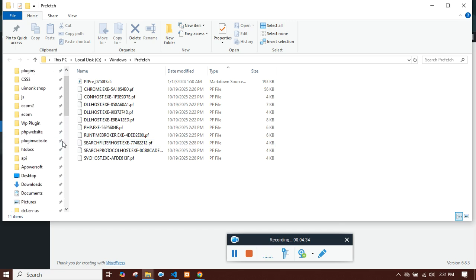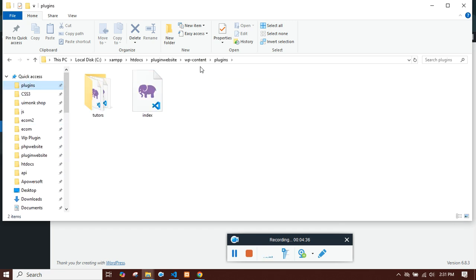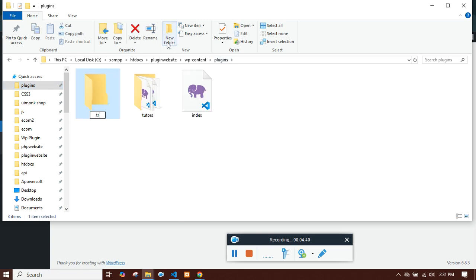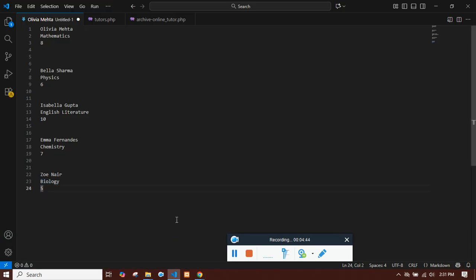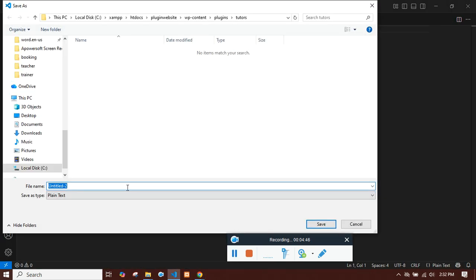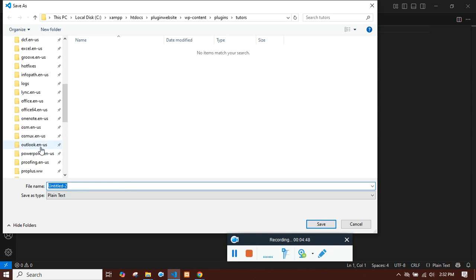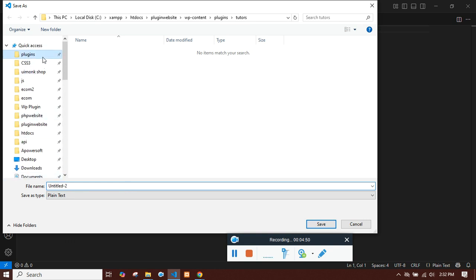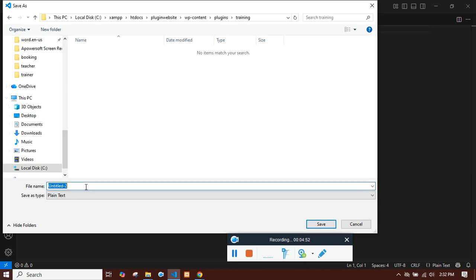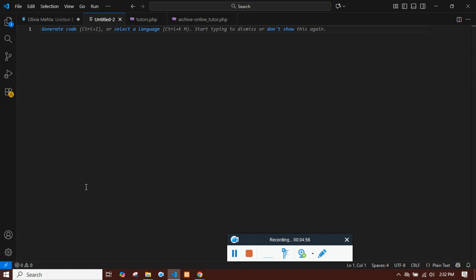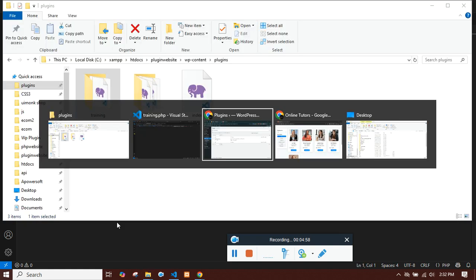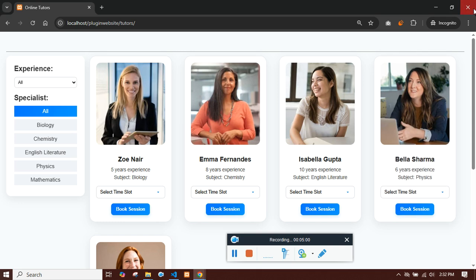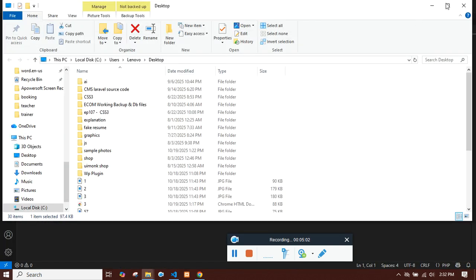I have set up my WordPress locally. So inside the plugins folder I need to create a folder. Let's say training is the plugin name, and I want to create a PHP file with the same name as your folder. Here we have named the folder training, so let's use the same name, training.php, and we want to list our plugin in this particular page, not here,